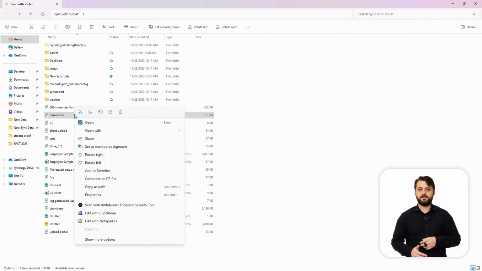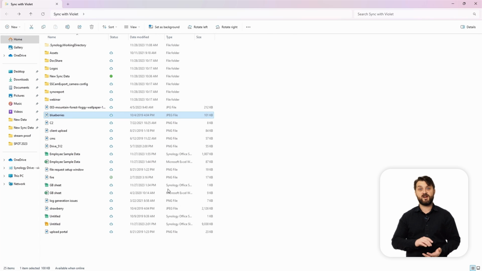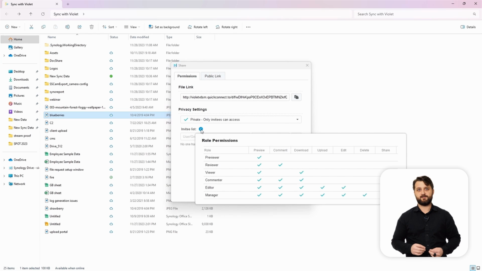So we could choose one of these different folders or files, for example, and right-click, go to More Options once again, select the Synology Drive option, and actually generate a sharing link from directly in the operating system without having to go to the Synology Drive web portal, for example. So you could actually create a local sharing link for your local users or do one for public users as well, just like we saw with the web portal demo.